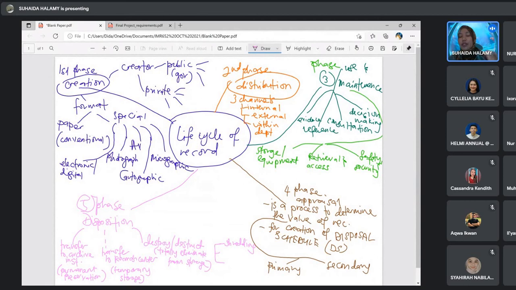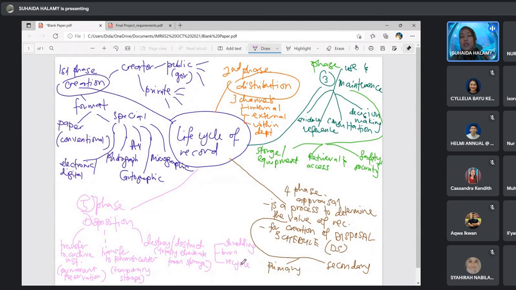Then we have burning, or incineration: you burn the record. And for paper, as Nisa said earlier, recycle. If more environmentally friendly, they will recycle the paper records.